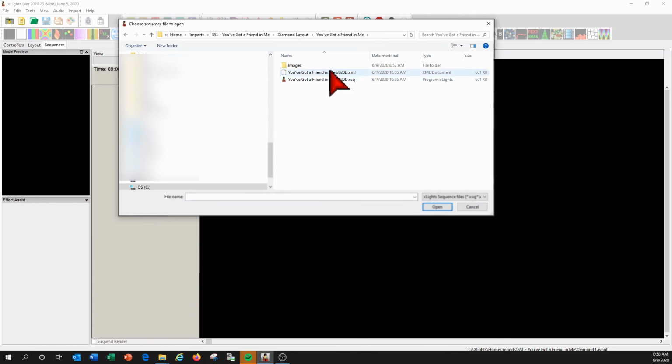Now, I can pick the XML, or I can pick the XSQ file. It doesn't matter which one. In the older versions, you're only going to have the ability to do XML. In the new versions, you can do XSQ. I'm going to go ahead and do XSQ because it's new, and eventually this is where everyone's going to be. So I'm going to go ahead and